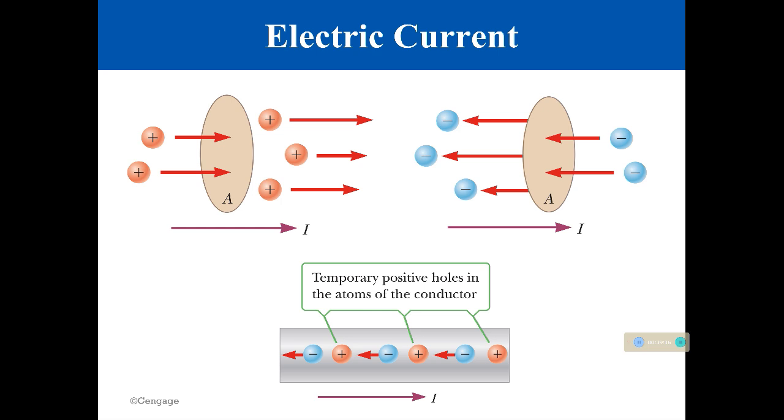If you imagine the negative moving left, the negative came from, let's say, a neutral area. So let's say we've got positive and negative, positive and negative, positive and negative. So it's neutral, yes? If the negative moves left, did the positive move? No, but it's sort of like the positive just went right. The way they put it is this: temporary positive holes or atoms in the conductor are moving to the right. If the negative moves left and vacates that area, what charge is that area now? Positive, so it's like positive moving right.